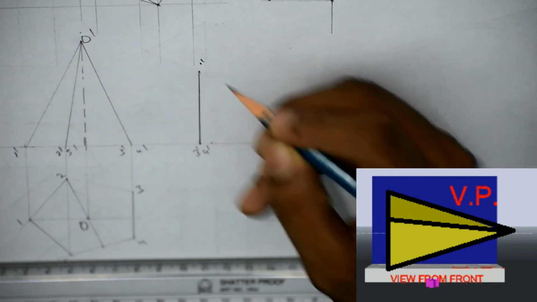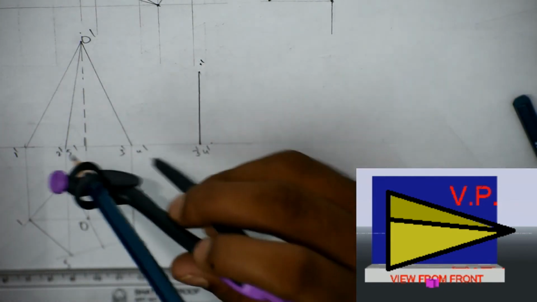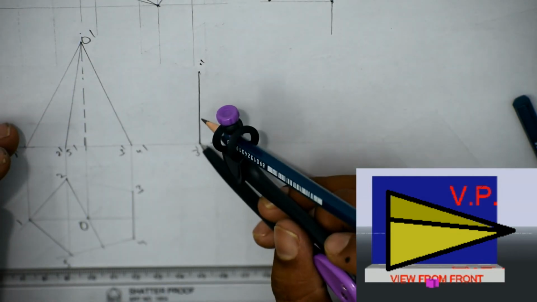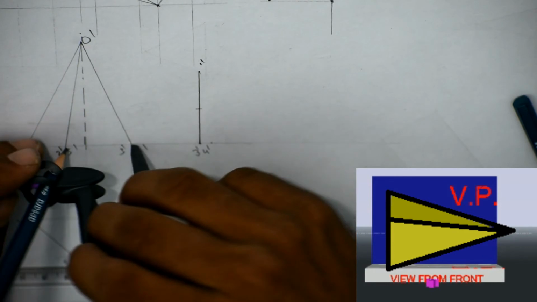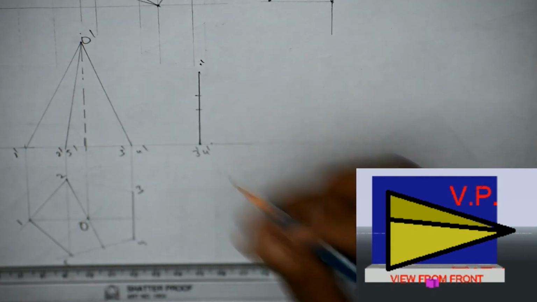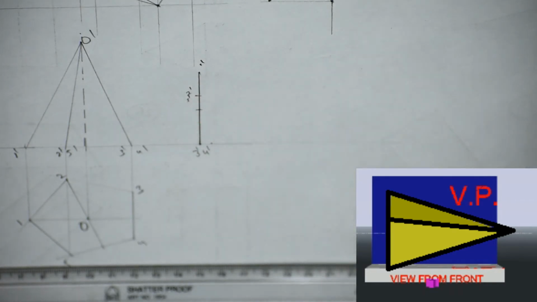The end is the 1 dash and 2 dash. This is where your axis line will lie, and this is the point of 2 dash and 3 dash. This is your axis line.